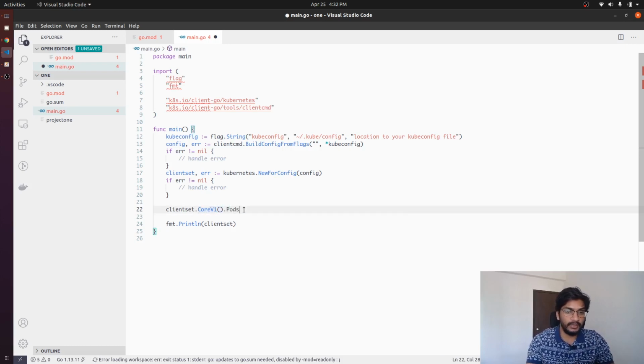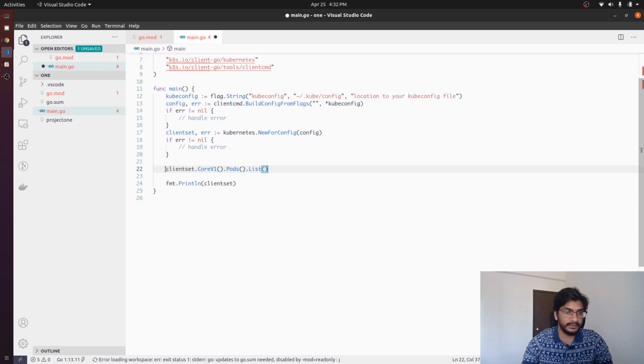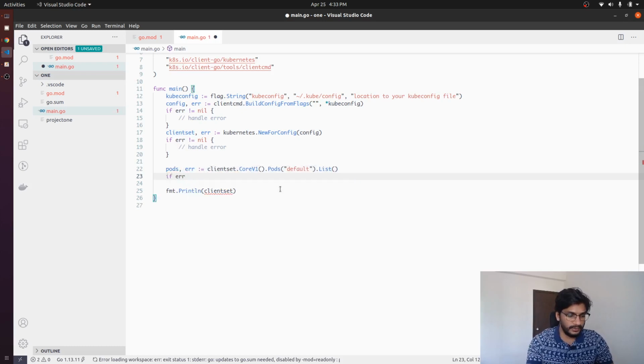Dot, we want to interact with pods and we want to list pods. Now this is all I actually need to list all the pods from a specific namespace. The namespace can be specified for pods, and for now we just want to specify default. If I just go ahead and try to run this, it should not work, and the reason is,